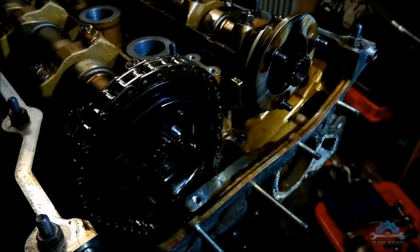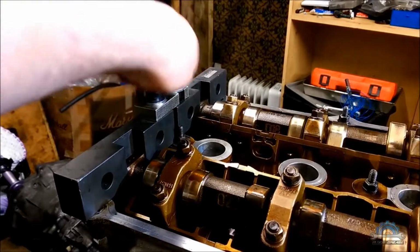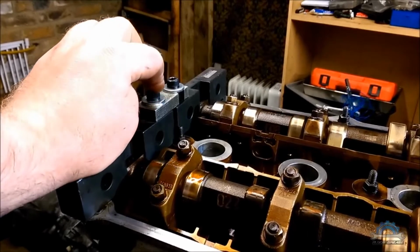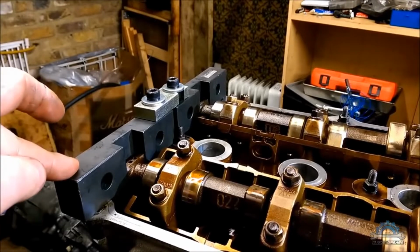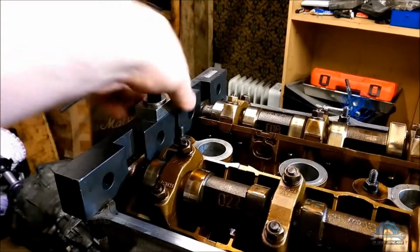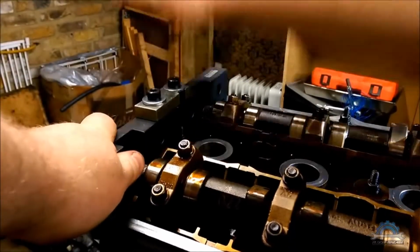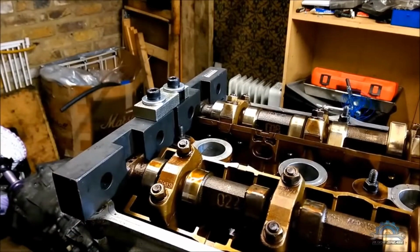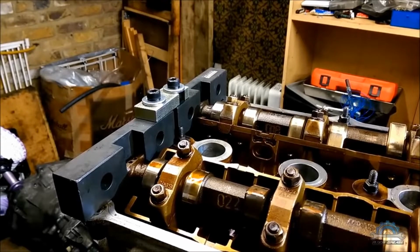But before you fiddle with the arrow, you need to make sure you have all the tools you need for the VANOS and for the timing. Actually, the first tool is a camshaft locking tool. You need to lock two camshafts so they cannot move at all. Make sure this is tight. It sits on the cylinder head, and then you can proceed with another tool, which is the crankshaft locking tool,